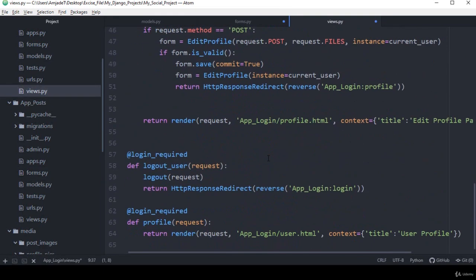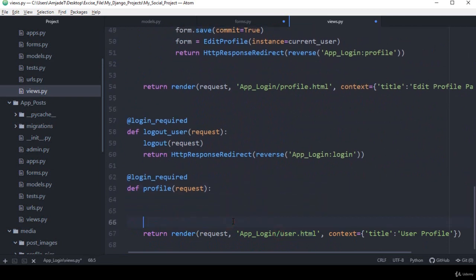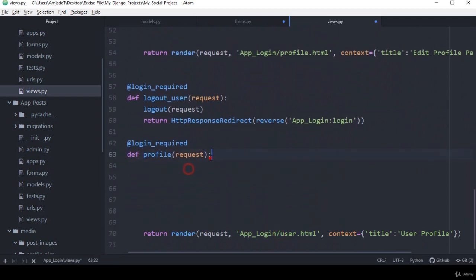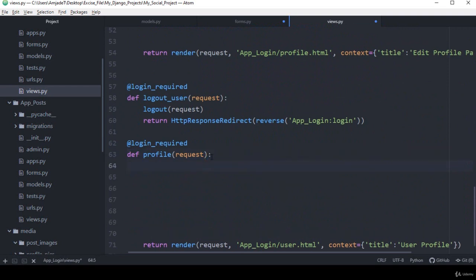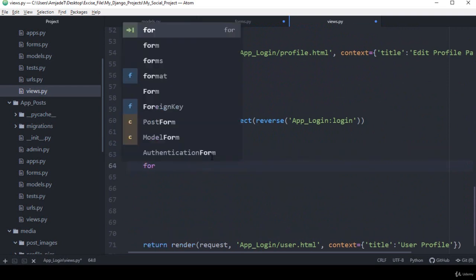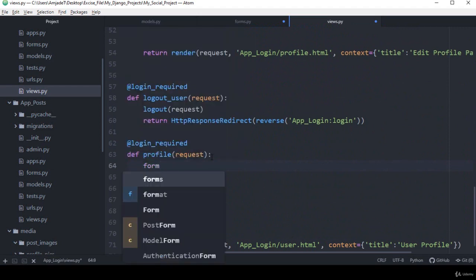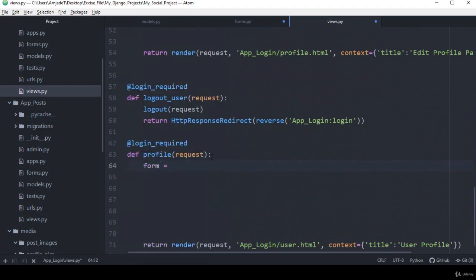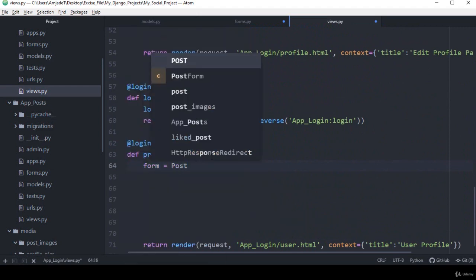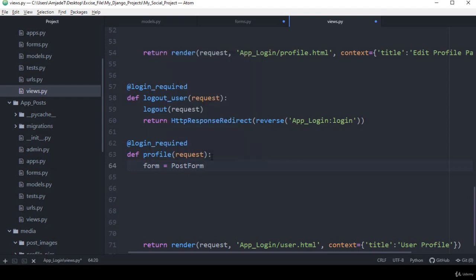So it should be just like before, like our user HTML. So here I want to put that condition. I want to put one form, that means it will be a form, and with this form that will be our post form, right? I have already imported our post form. So now I load it. That means I load our form,